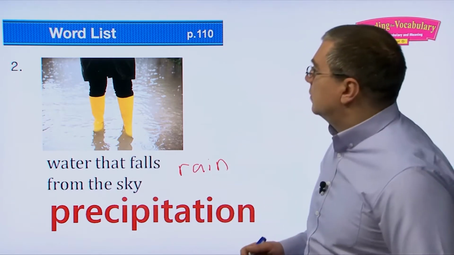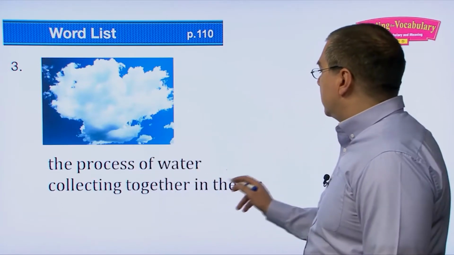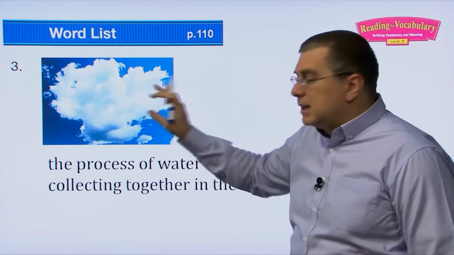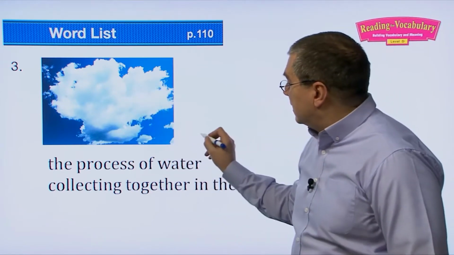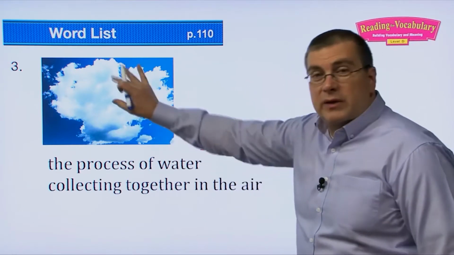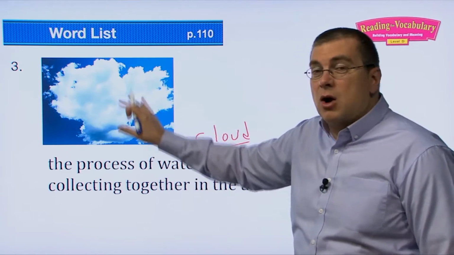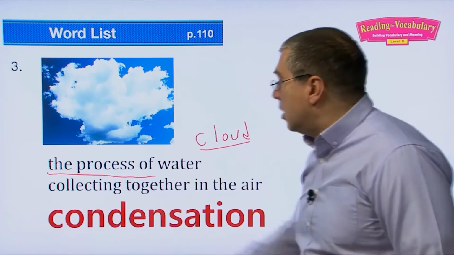Okay, let's move on to number 3. The process of water collecting together in the air. So the process of water collecting together in the air. Now you're probably thinking, what is this? It's a cloud. But we're not talking about a cloud. We're not talking about the grouping of moisture in the air. We're talking about the process of, and there's a special word for that. We call that